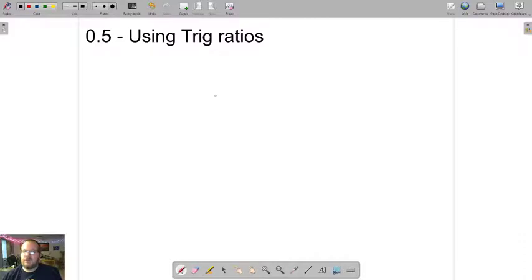So just like multiplication and division, trig ratios have an opposite function. Addition and subtraction are opposite functions, multiplication and division are opposite functions. There are opposite functions to sine and cosine. So what I mean by that is